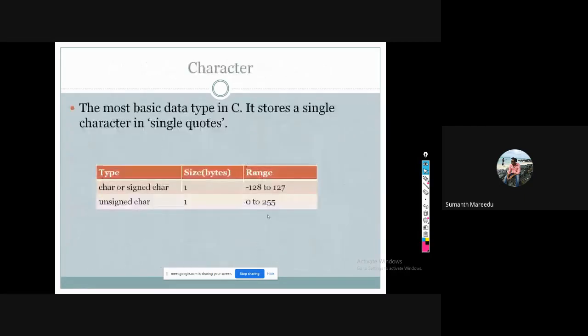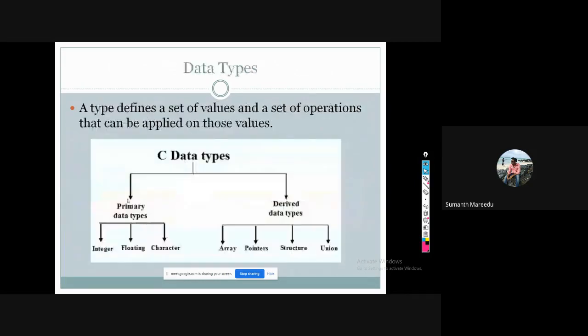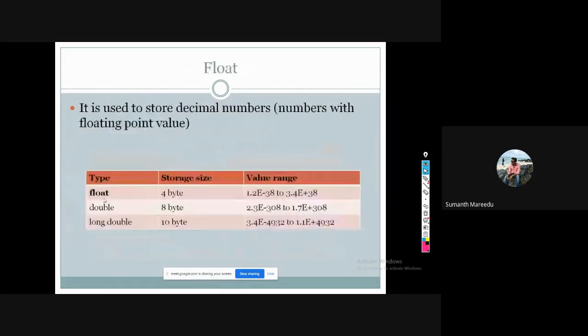Yes, look at this. For short int, I told it occupies 2 bytes. For int, 4 bytes. For long int, 8 bytes. For long long int, 16 bytes. Like that, for every data type, it occupies some memory. So if you don't know how much memory is occupied by a data type, you can simply use the sizeof operator to know how many bytes are actually occupied,